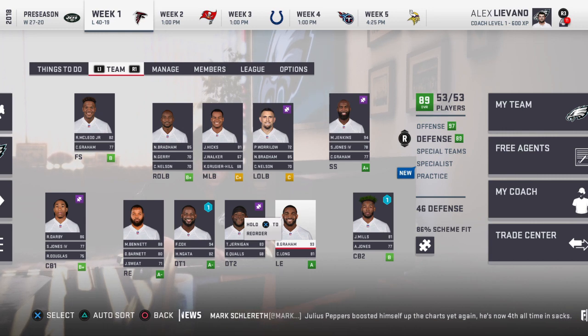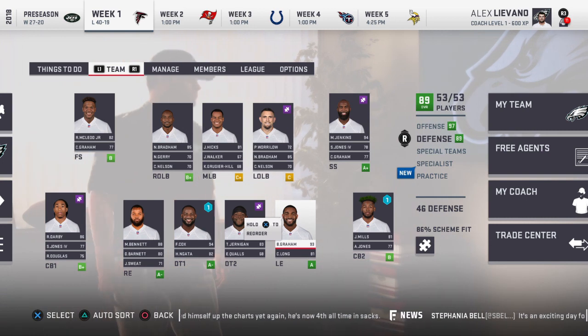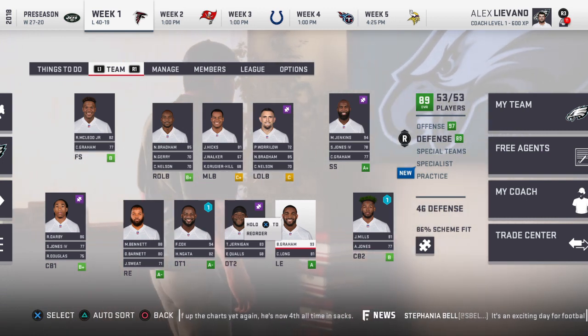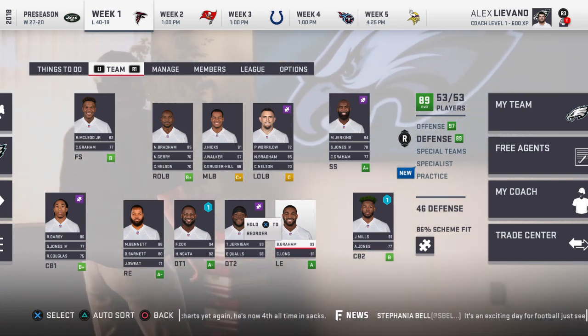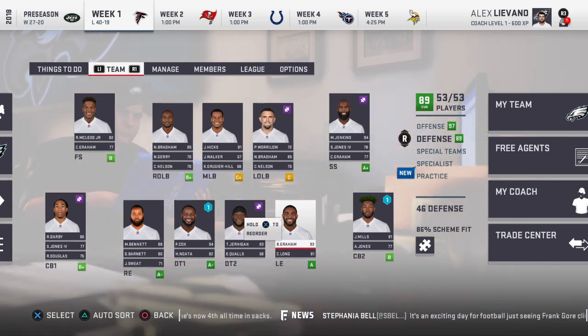Drags are excellent against cover 3. Drags are not good against cover 2, theoretically. And if you're in the NFL, you don't run drags against a cover 2 defense. And here as well, they do a decent job of clamping down. So if I read cover 3 and I'm in wing slot, then I'm going to my drags. If I read cover 2 and it's wing slot, I'm looking for the seam and the post, depending on how